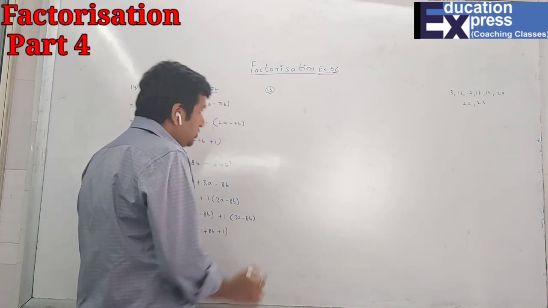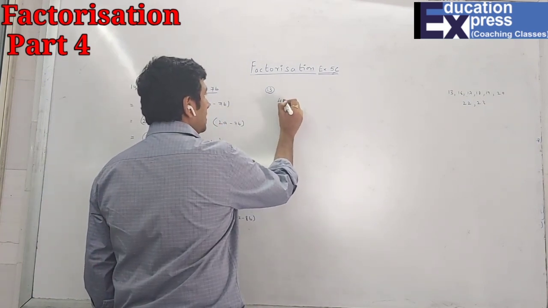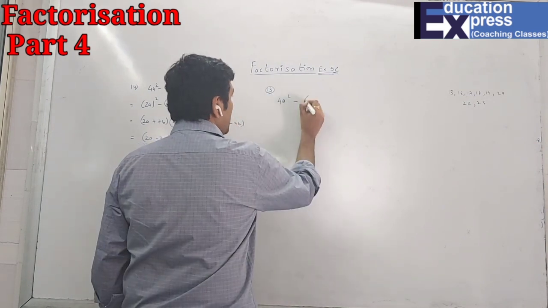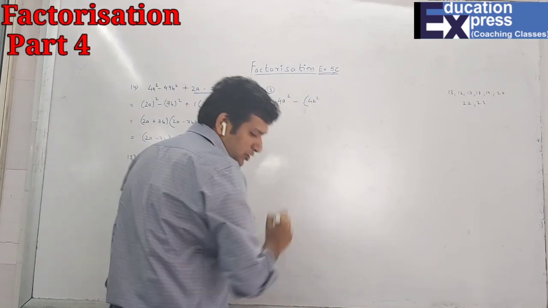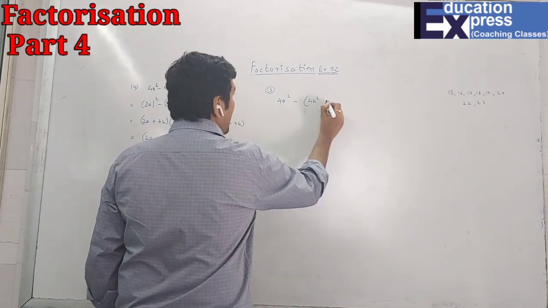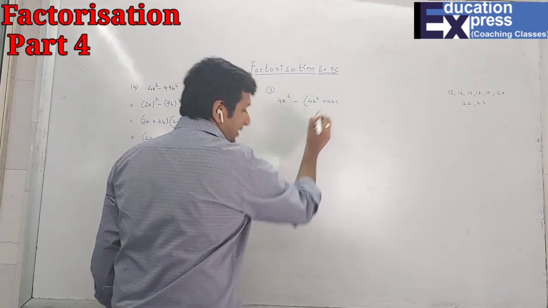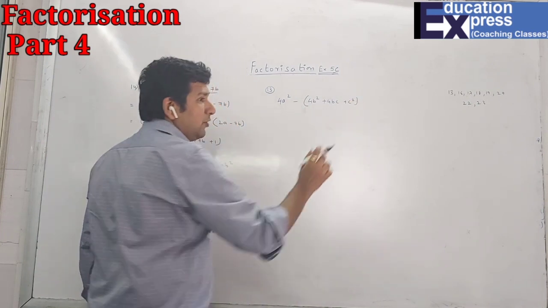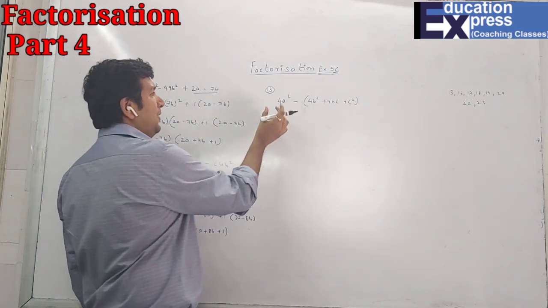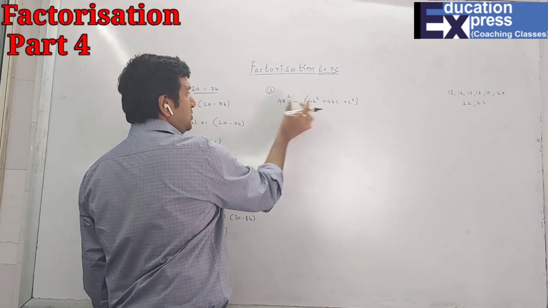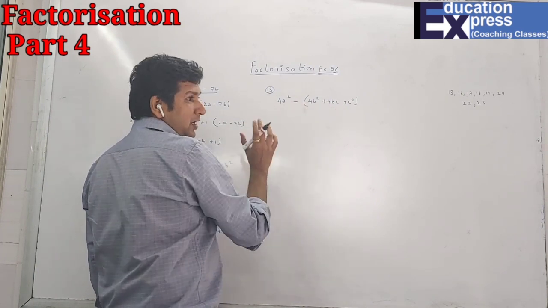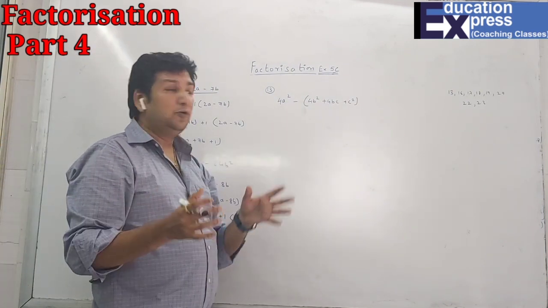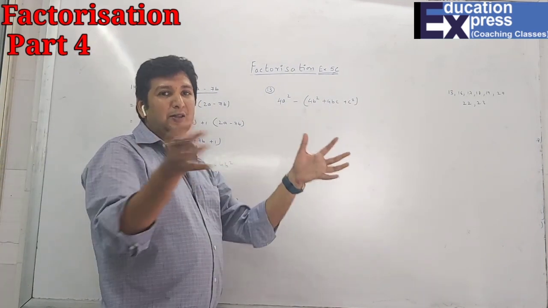The first question, 13th question, 4a square minus under bracket. In the 13th question they have helped us by giving us the brackets, because brackets will make your work a little easier, since they have already grouped them. One group, second group. That means you know this is one square and this will be the other square. They have already grouped. But in the other questions, they just give in any order and you have to make the group.